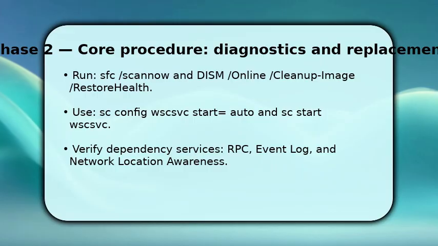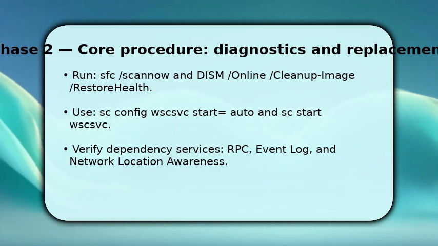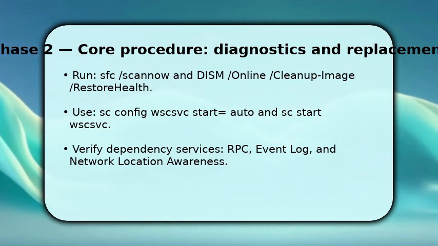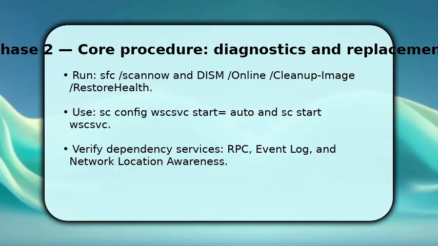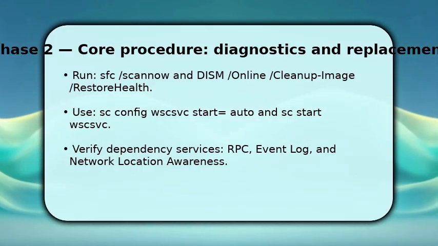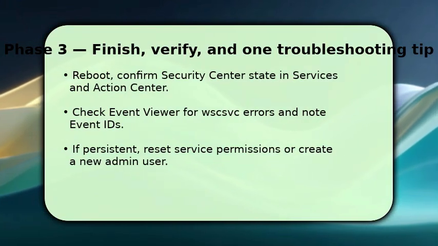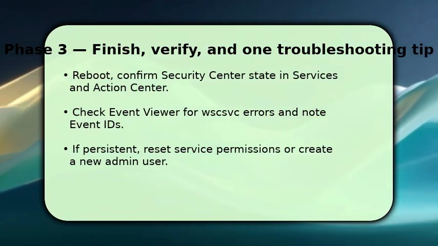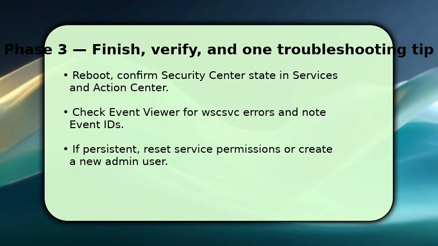wscsvc. Also check and start dependencies: Remote Procedure Call, Event Log, and Network Location Awareness. Because Security Center depends on them, make sure each dependency is running before retrying the main service. After repairs, reboot to let changes settle, and then confirm Security Center is running in Services and visible in Action